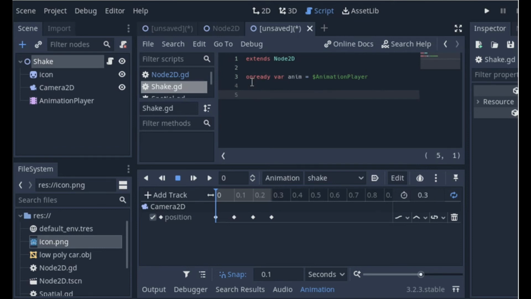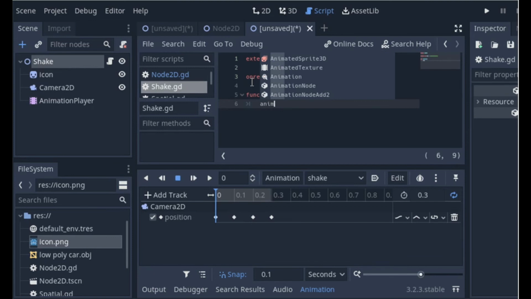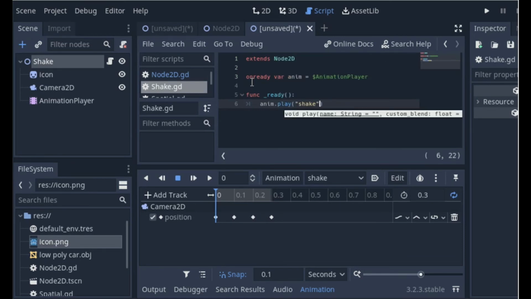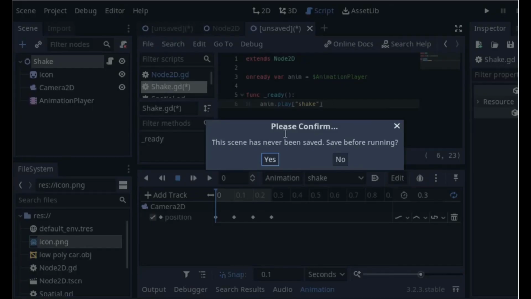So with that, func _ready, we say anim.play shake. That's all we need. You don't even need to put it in the physics process because it will keep on looping itself. So with that, if you press F6, okay, let me save this in,